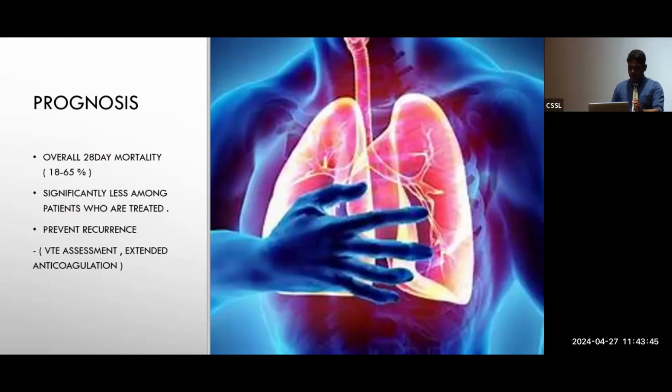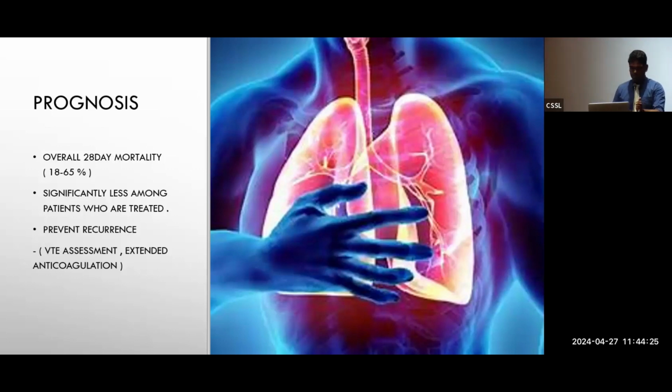So prognosis, overall 28-day mortality in the literature ranges from 18 to 65%, more among hemodynamically unstable patients on presentation. But overall, the mortality is significantly less among patients who are treated. So to treat, you have to diagnose it. And to prevent recurrence of PE, as discussed earlier, you have to assess why the patient has got this. If there's any problem in the clotting pathway, you have to identify it by doing the thrombophilia screening, and you have to give extended anticoagulation,